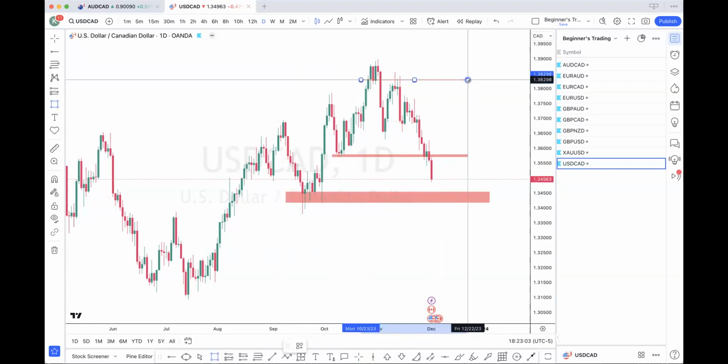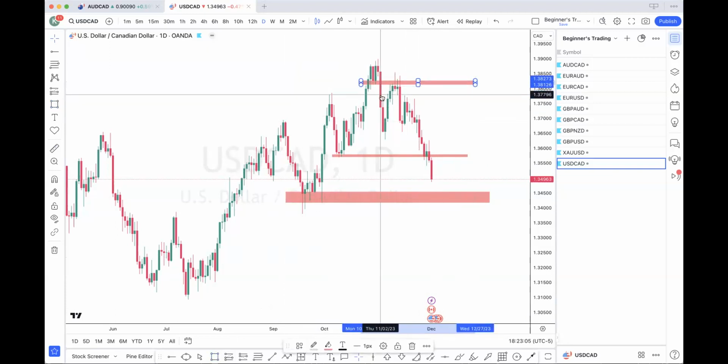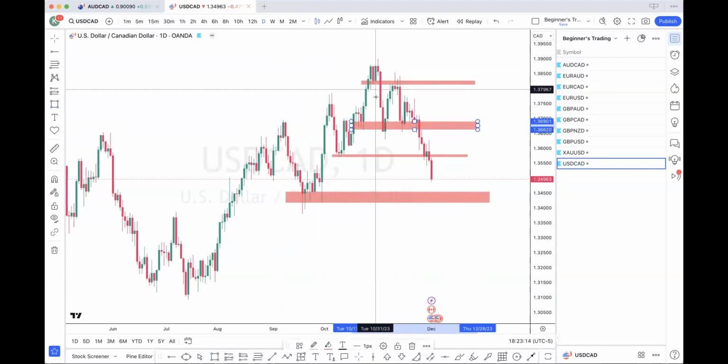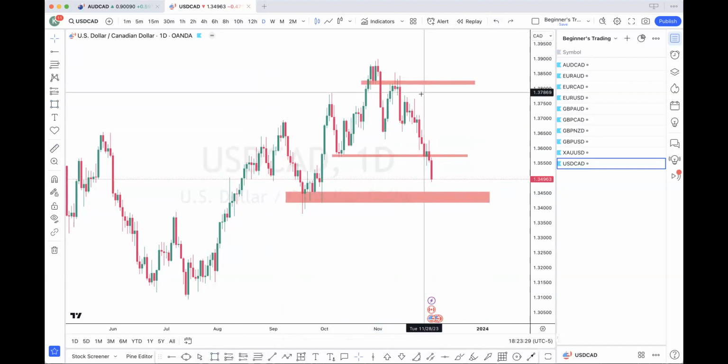Even if you see here, push down, came to a minor, like an internal zone, price came and gave a bullish order block, right? Of course, he's not going to trade it from this zone here, but